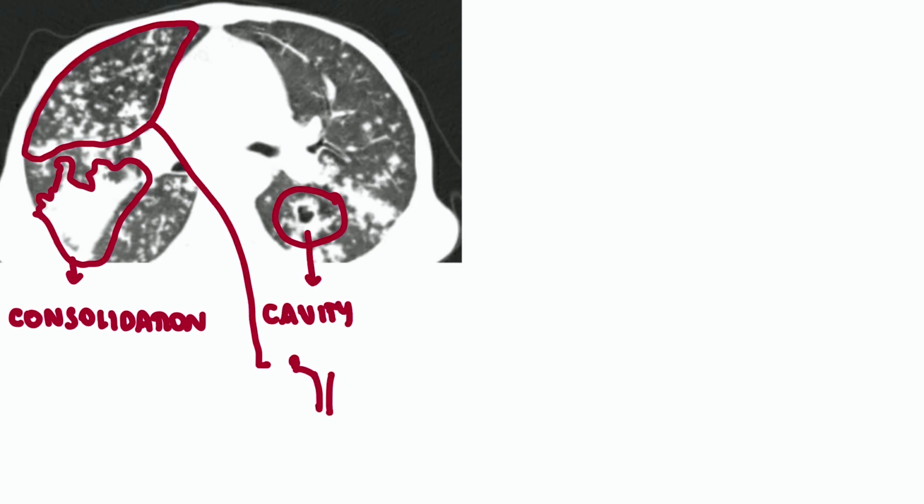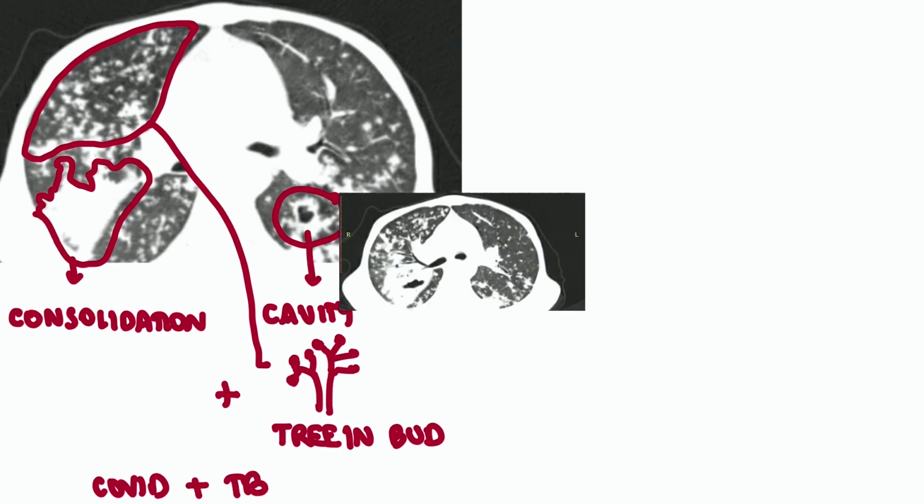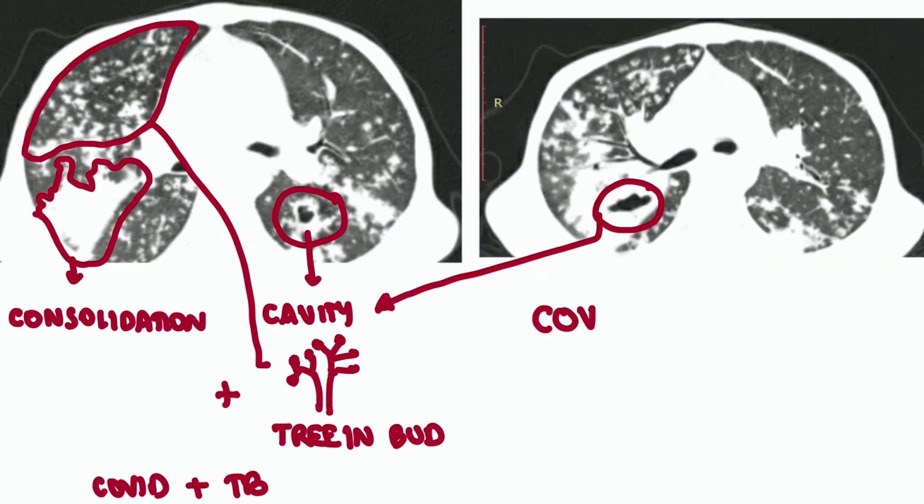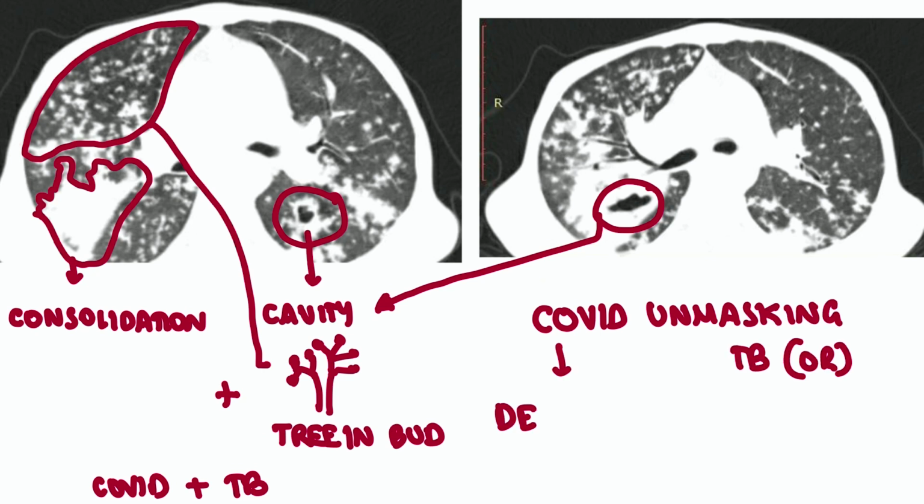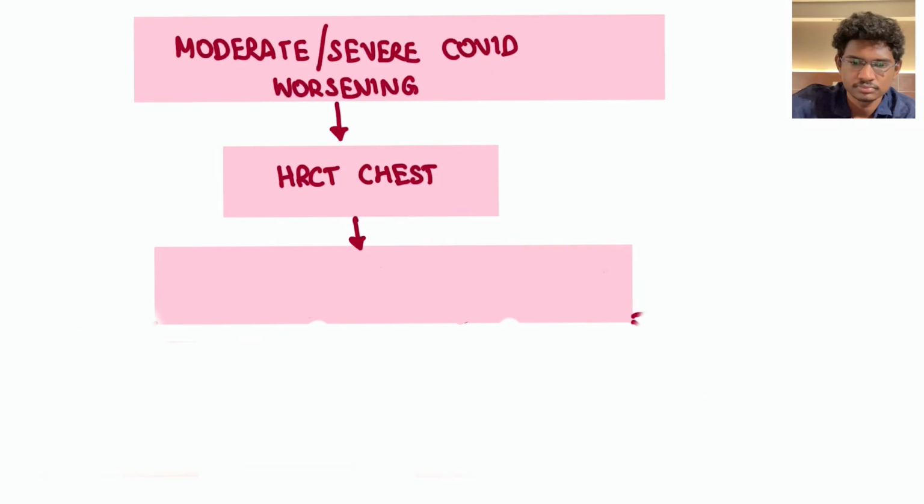See this example, HRCT chest having an opaque area which is a consolidation, and it's also having a cavity as well as a tree-in-bud appearance. These are characteristic of tuberculosis. So this patient had COVID superimposed with tuberculosis. Here COVID as well as dexamethasone, all these therapies cause immunosuppression that might lead to reactivation of pulmonary tuberculosis, and a cavity in CT chest is always against COVID.